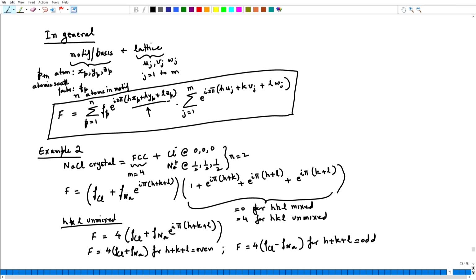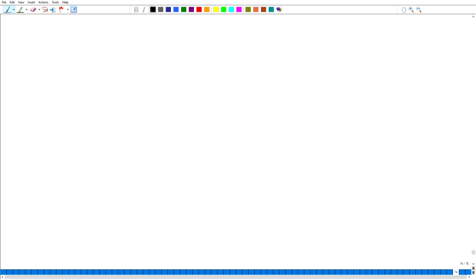Now, let me take one last example before I conclude the lecture. Let me consider a titanium crystal. This titanium crystal can have a crystal structure which is called hexagonal close packed. Remember, there is no such lattice as hexagonal close packed, but it is referred to as hexagonal close packed because that is the densest way of packing spheres in a hexagonal unit cell. So, really the crystal structure itself,